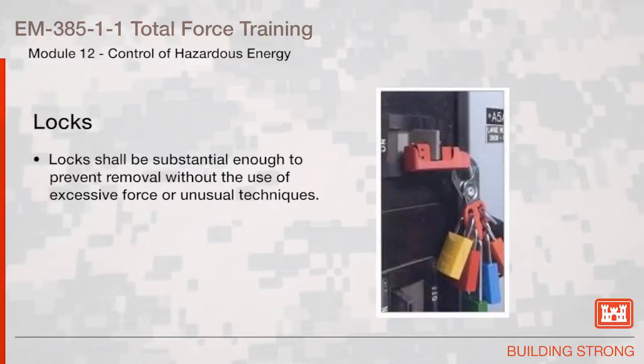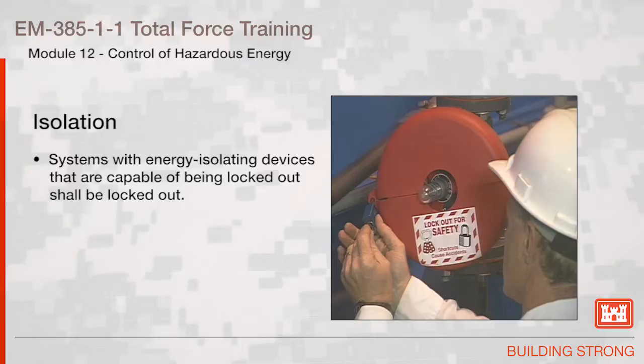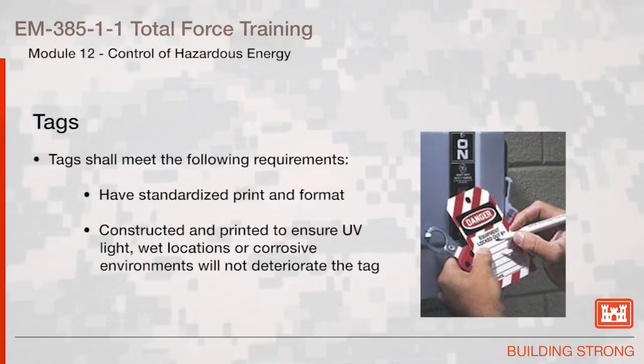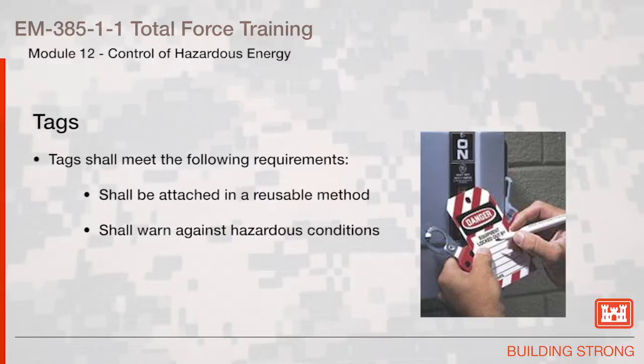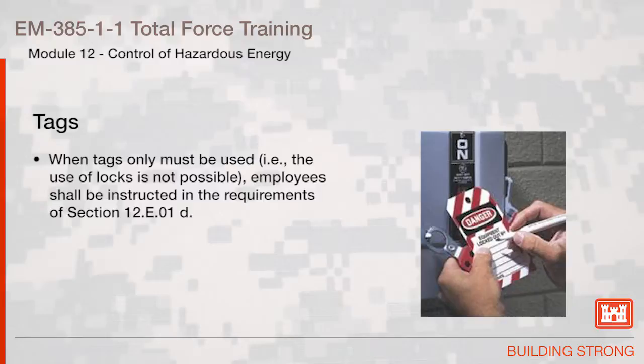Locks shall be substantial enough to prevent removal without the use of excessive force or unusual techniques. Systems with energy isolating devices that are capable of being locked out shall be locked out. Tags shall, in addition, meet the following requirements: have standardized print and format, be constructed and printed to ensure UV light, wet locations, or corrosive environments will not deteriorate the tag, be attached in a reusable method, and warn against hazardous conditions. When tags only must be used, i.e. the use of locks is not possible, employees shall be instructed in the requirements of Section